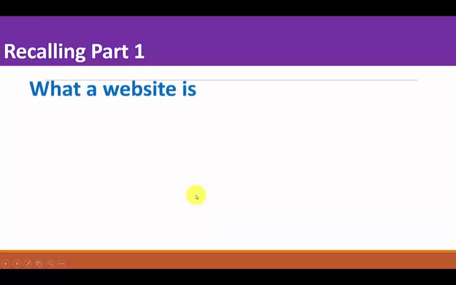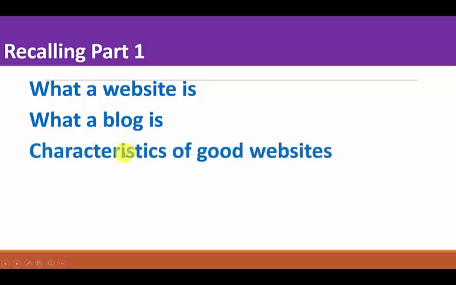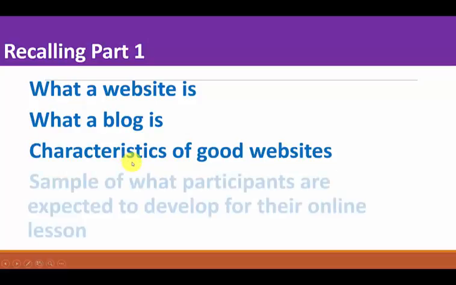We learned what a website is, the site that you develop on the web with web pages which are hyperlinked. And then we learned what a blog is. Can you recall the blog? We say web log. So blog, your diary that you put on the web. We also learned about the characteristics of good websites. How many did we learn? We learned 10. I hope you can recall all of the 10. And